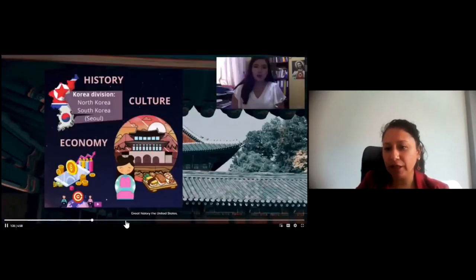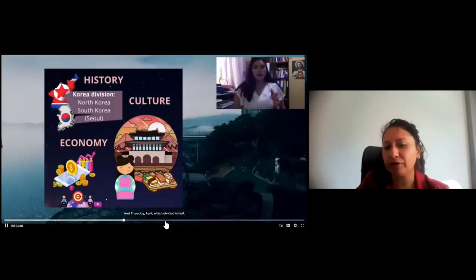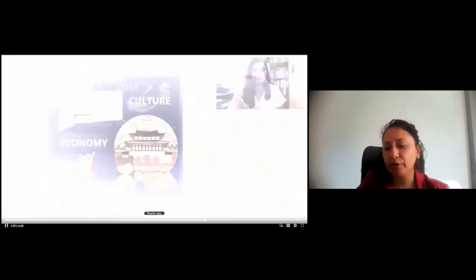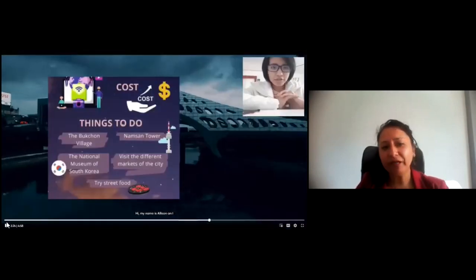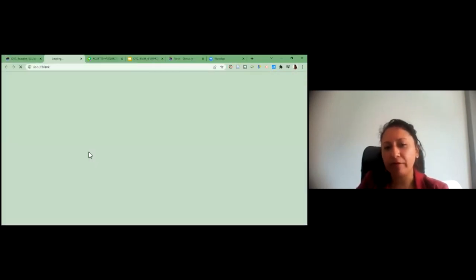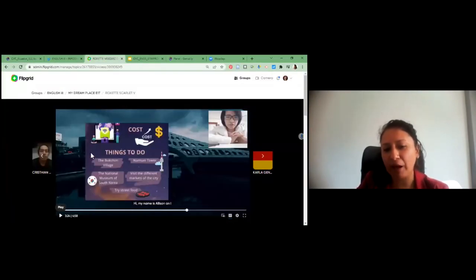And obviously their cameras are turned on because I know that they are doing this. Okay, so this is in groups of 3. When they finish this section, I tell them, right now, try to put in your infography, because to create this kind of exercises or these PowerPoints or these different slides,